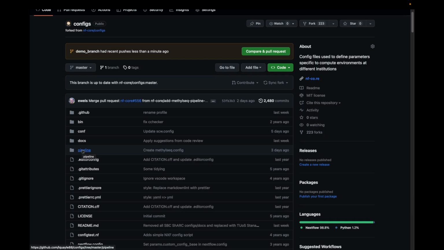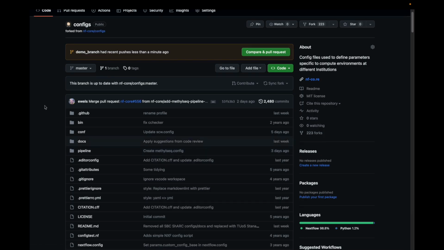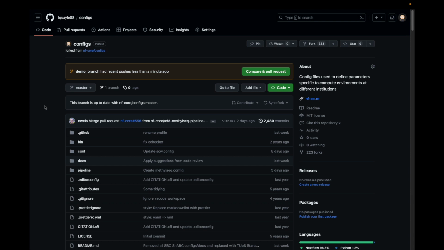So now that we're back on GitHub, we can see that within the repository, the configs repository that I initially cloned, we now have this message that says that the demo branch has had recent pushes, and this compare and pull request button has appeared, which enables us to initiate a pull request. So if we go ahead and click on that,